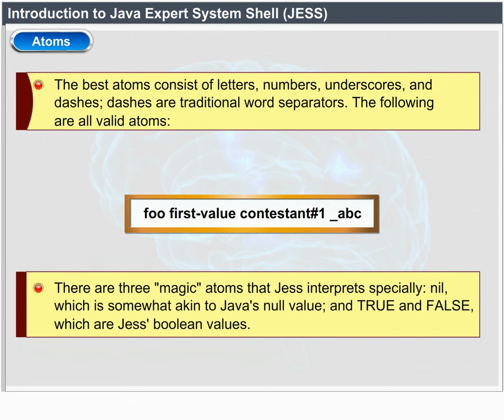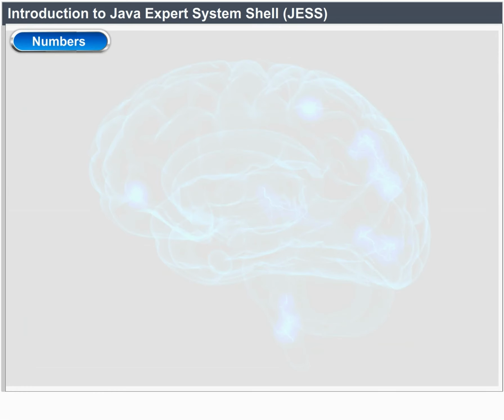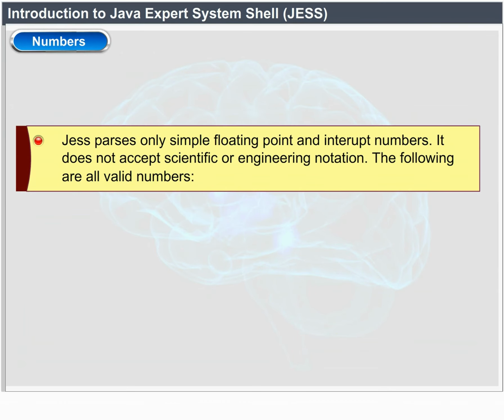There are three magic atoms that JESS interprets specially: nil, which is somewhat akin to Java's null value, and true and false, which are JESS Boolean values. Numbers. JESS parses only simple floating point and integer numbers. It does not accept scientific or engineering notation. The following are all valid numbers: